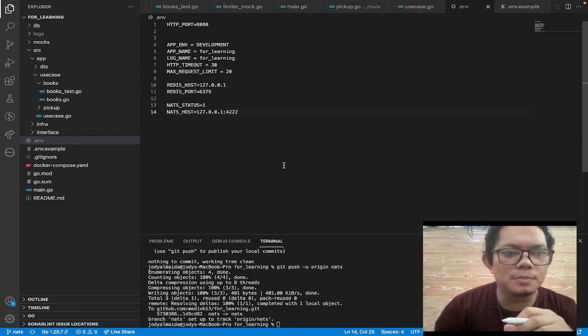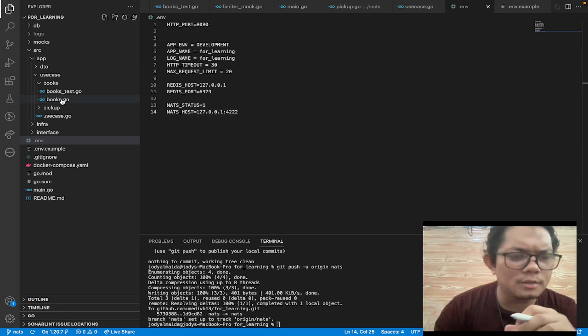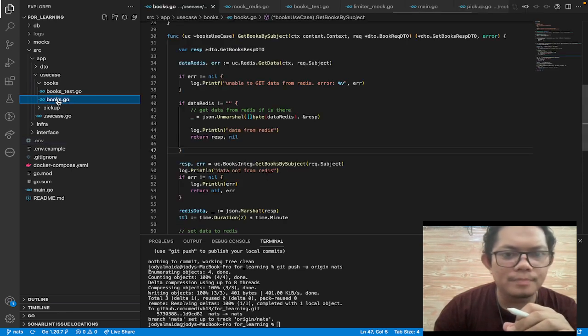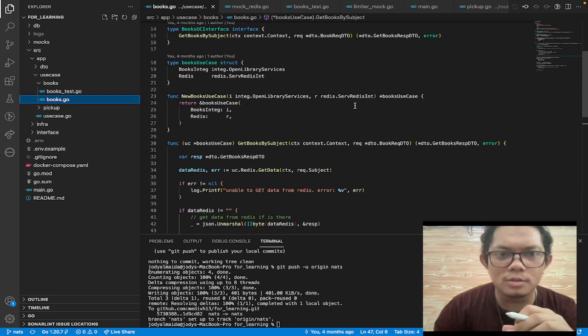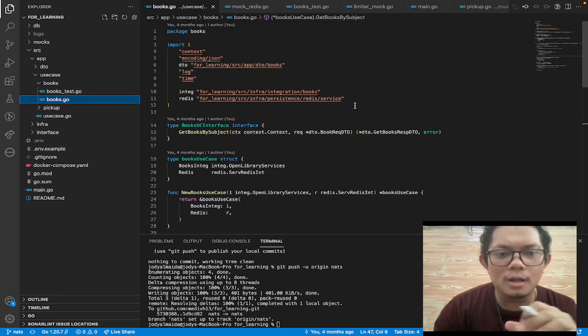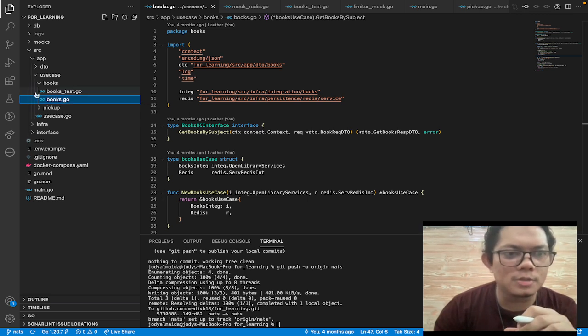So in this project, let's get straight to the use case only. As you can see in the use case, and the important point, I made several layers in this project like this.